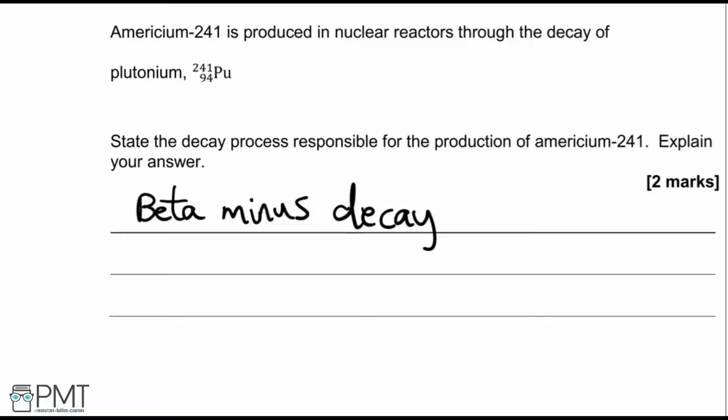And it's very important that you identify it as beta minus decay because beta plus decay would give you a different balance of charge and it wouldn't quite work in the same way. Now, you could, if you wanted to, write out this equation just to confirm that mark and show that you understand what's going on. But basically, where the number of neutrons hasn't changed, but the number of protons has, that's how we identify it as a beta decay. In order for the number of protons to go down, what we're saying there is that we've lost